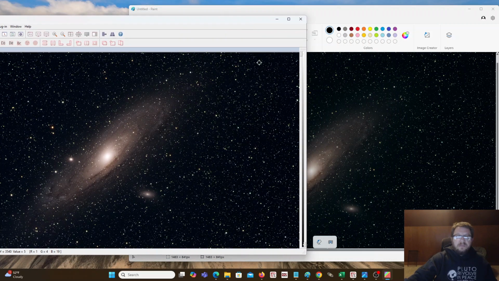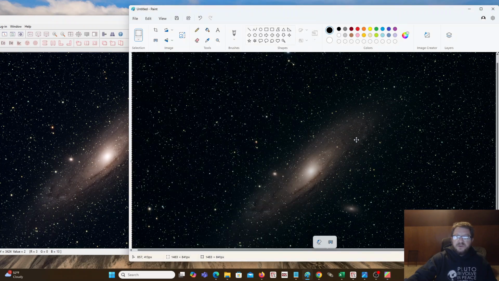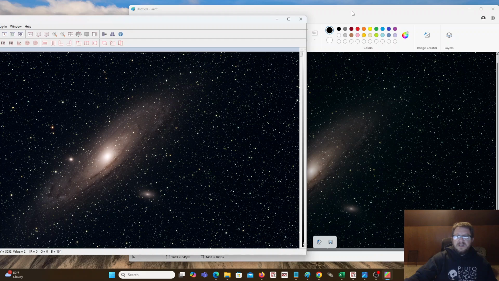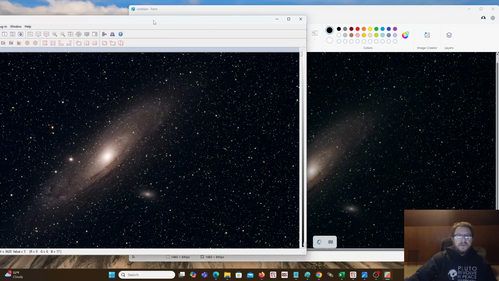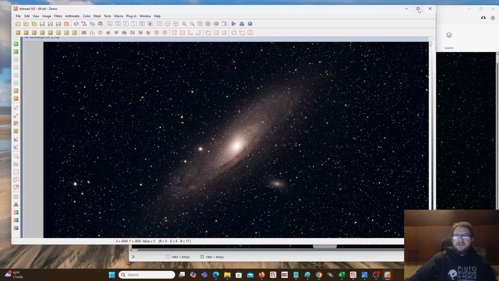So like some of these features right here, for example, are a little bit more prominent in the denoised image than, say, right here. And this is an NGC number. I forget what NGC number it is, but it's a star forming region in one of the spiral arms. Again, it's just a little bit more prominent along with the associated dust lanes. So I like the denoised image, and